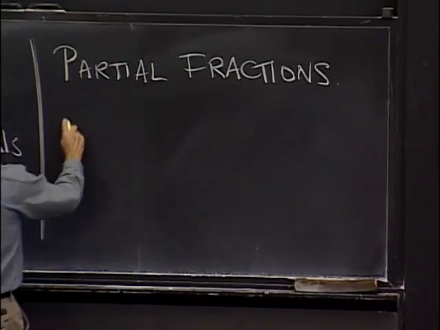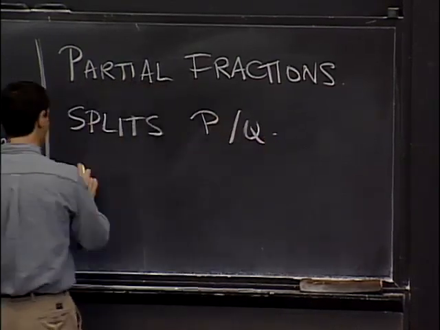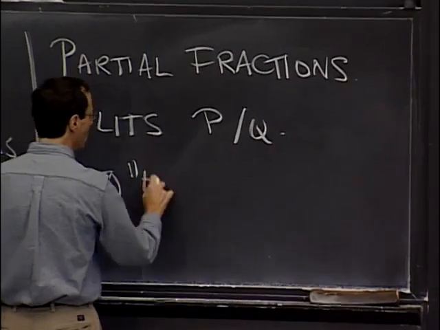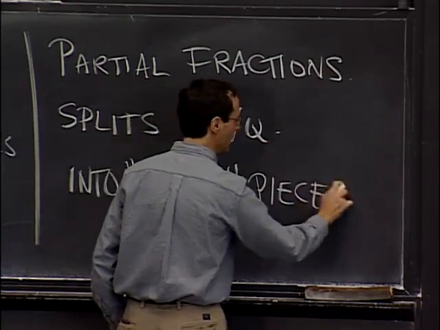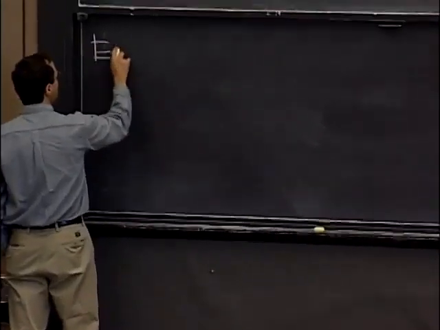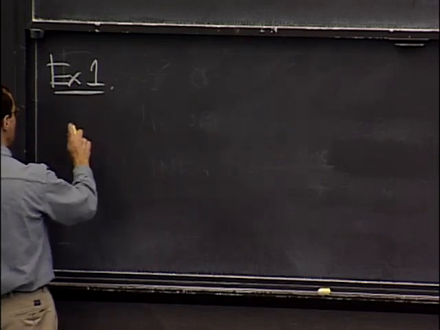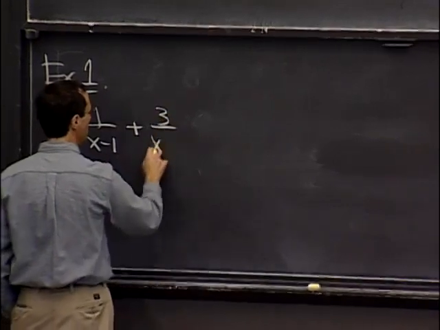And what this does is it splits p over q into what you could call easier pieces. All right, so that's going to be some kind of algebra, and that's what we're going to spend most of our time doing today. I'll start with an example, and all of my examples will be illustrating more general methods. The example is to integrate the function 1 over x minus 1 plus, say, 3 over x plus 2